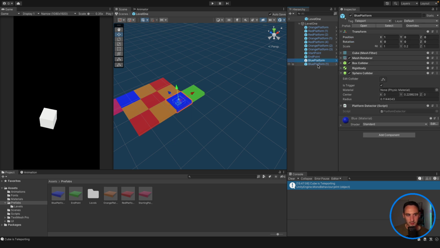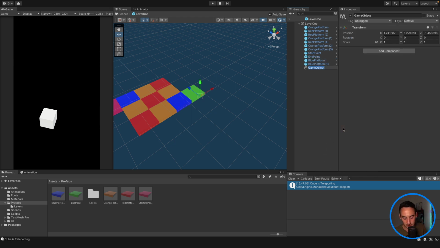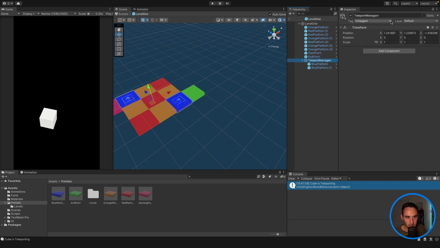What's the best way to do this? Let's see. I know, let's do this. Create an empty object, and this will be our teleport manager. And then on the script we can, or on this, what did I just do? So on here, let's drag these two as a child object of that, and then on this teleport manager, clearly